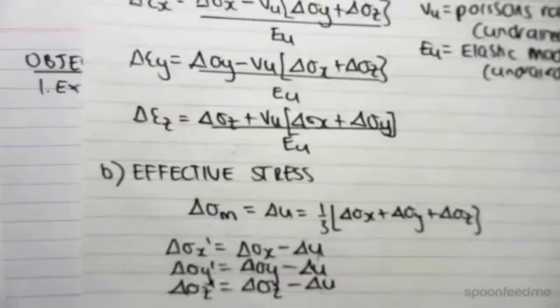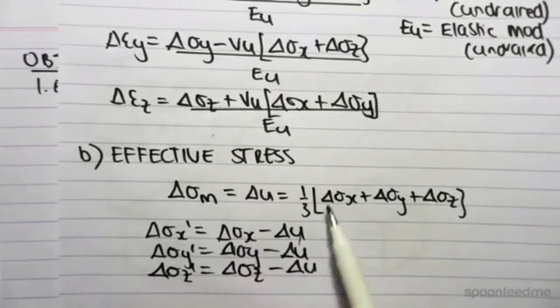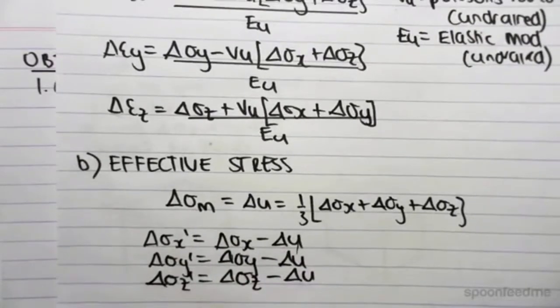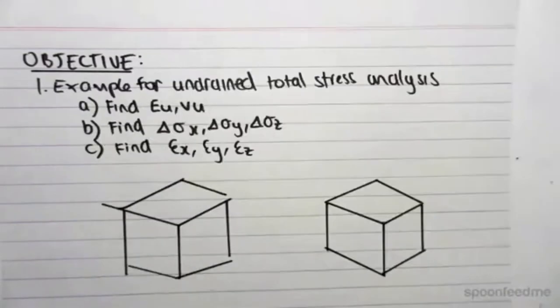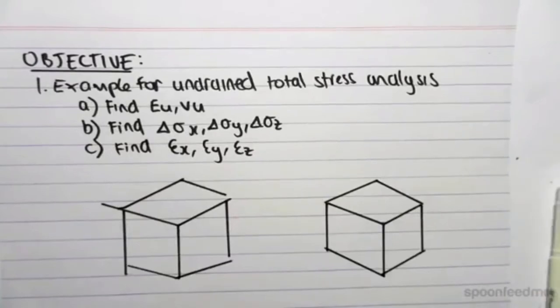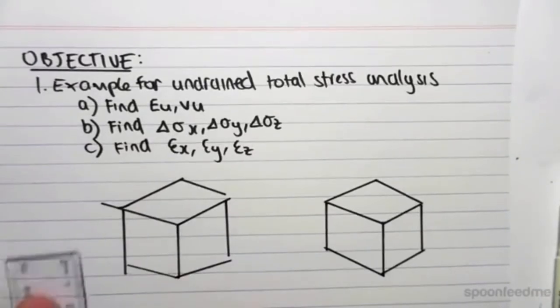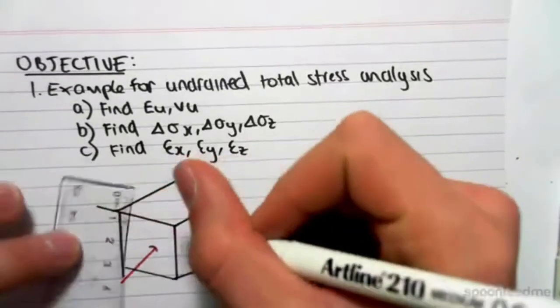In the next video, we'll do exactly the same question, but do an effective stress analysis and see that both methods provide the same answer. So now we're just going to be doing total stress though. So let's say we have a cube specimen of soil. So this is in 3 dimensions, and we get